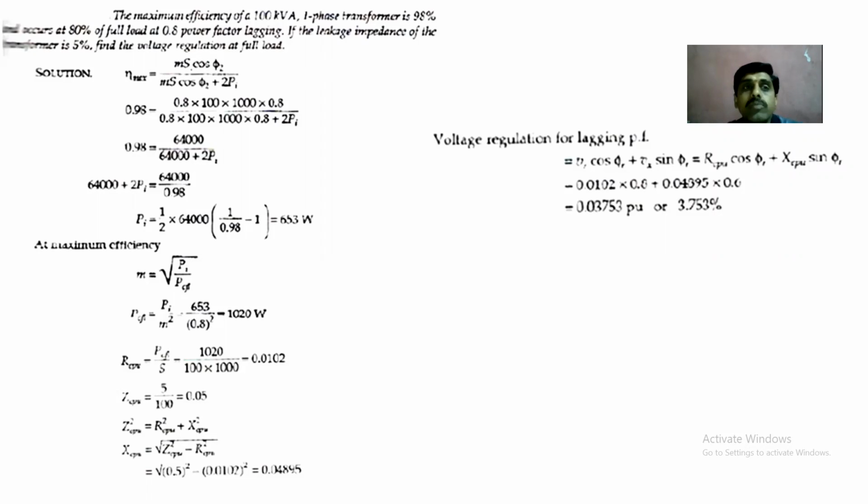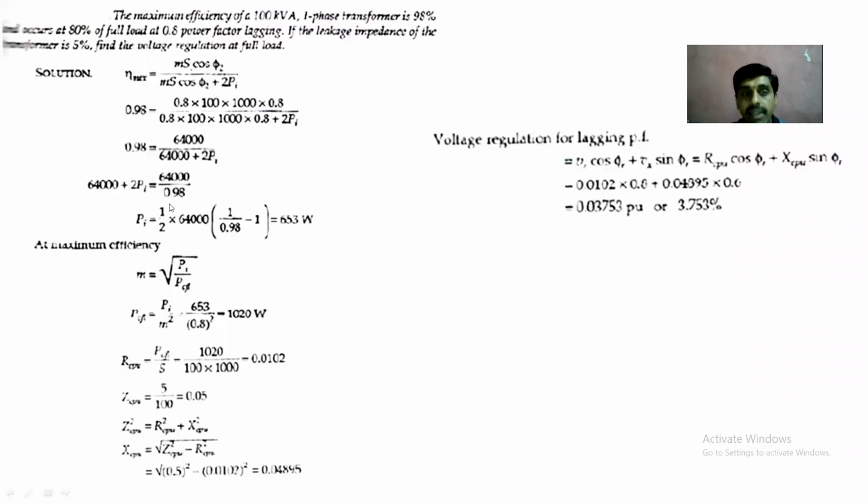The first thing is you must know the formula for maximum efficiency. So this is the formula. At maximum efficiency, what happens? 2 times the iron loss we have to get, that is the total loss. They have given maximum efficiency, substitute. M is given, that is 80%, that means 0.8. S is given, 100 kVA. Cos phi 0.8. Because it is given in kVA, multiply by 1000. And you substitute all these values, you will get the iron loss.